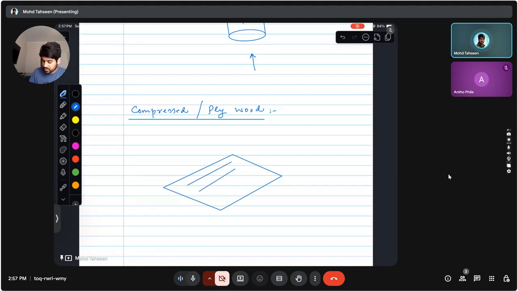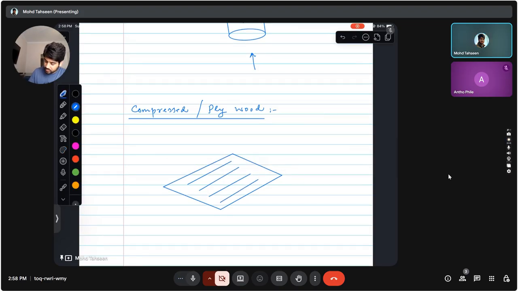Or for example, say these are carbon nanotubes in some matrix, right? So now once you make this material, this is the direction of fibers, right? And if you let's say apply a load in this direction, it would have much higher tensile properties as compared to this direction,